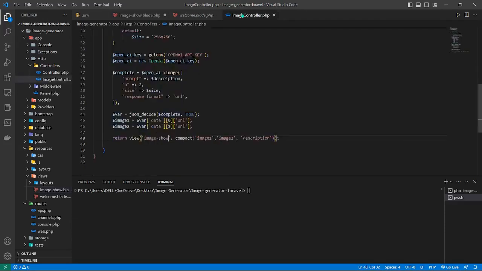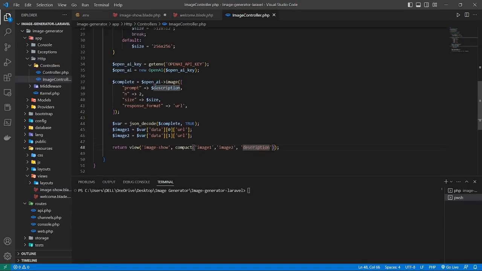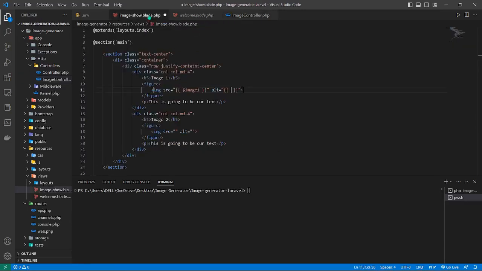Go to the image controller, and where is our description? Actually this is our description, so we have to copy this one and paste it here. This is our alt,